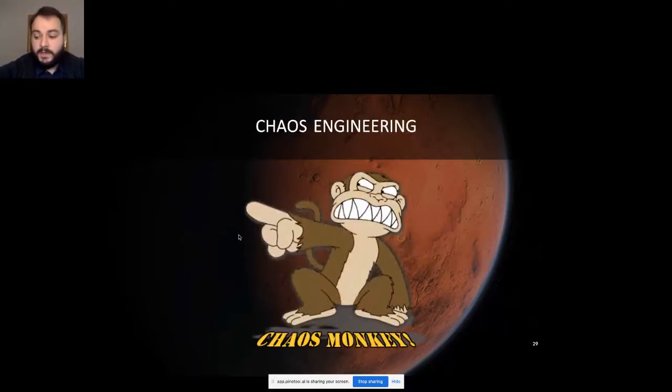Okay, now that we have all of these fault tolerance mechanisms provided by Kubernetes and Istio, how can we know that our application is really resilient, that it's fault tolerant? The answer to this is chaos engineering. I think some of you might have heard of this term, and specifically of Chaos Monkey, which was developed by Netflix.